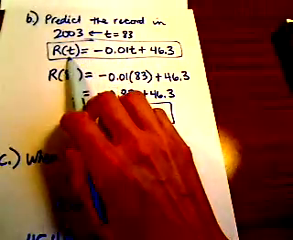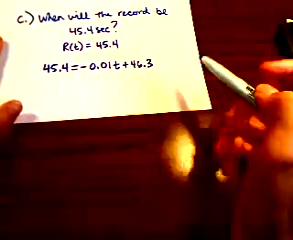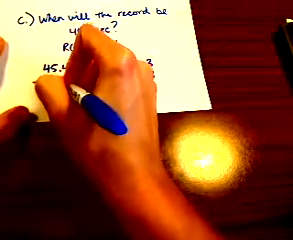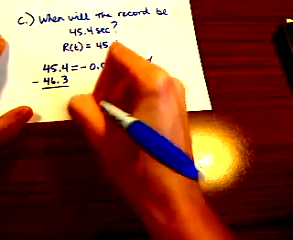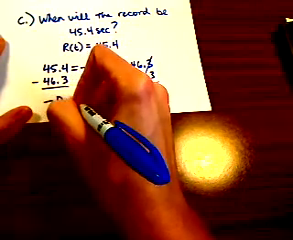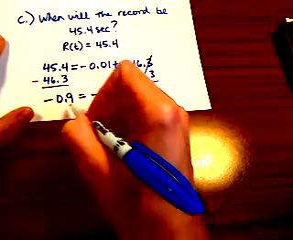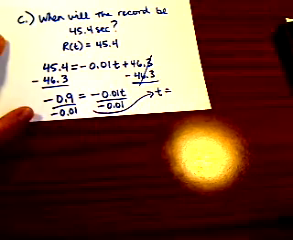Okay, so I'm plugging that value in for r of t, and then I want to now solve this for t. So we're going to subtract 46.3 from both sides. We get negative 0.01 t equal to, so we get a negative 0.9 here. Okay, and then if we're just going to divide by a negative 0.01, then we're going to get a t value of